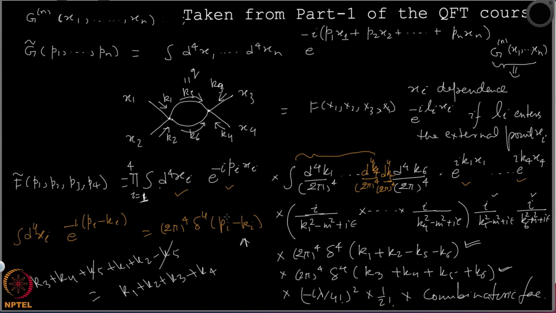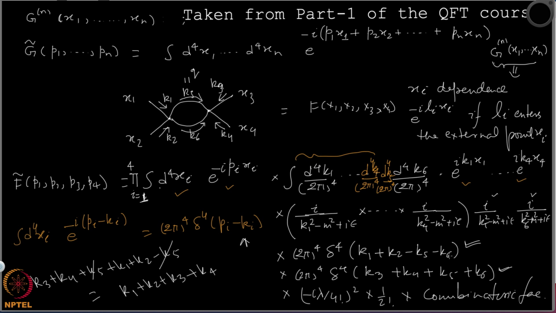I'm calling this particular diagram f. Okay, and the Fourier transform being f tilde. This is a 4-point function, and you see you have these d^4 x_i e to the minus i p_i dot x_i, because we are doing a Fourier transform, times the Feynman diagram in the coordinate space using